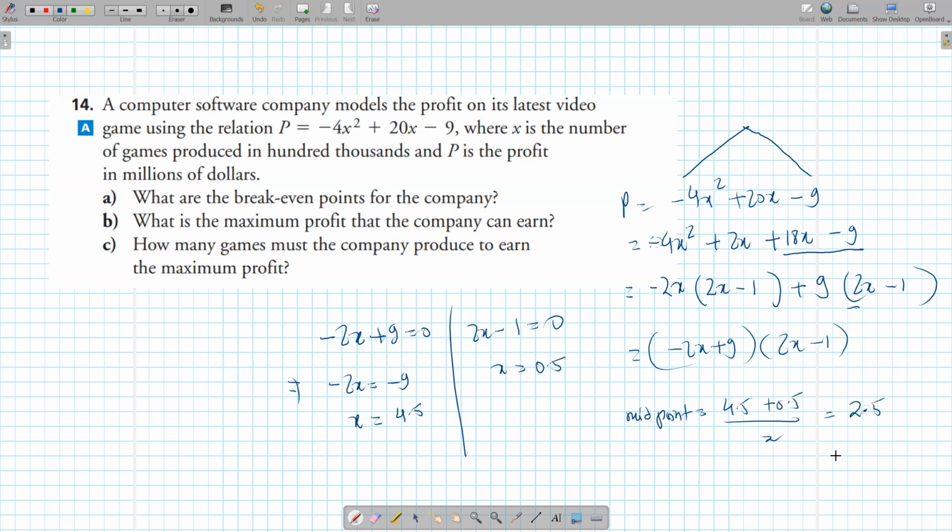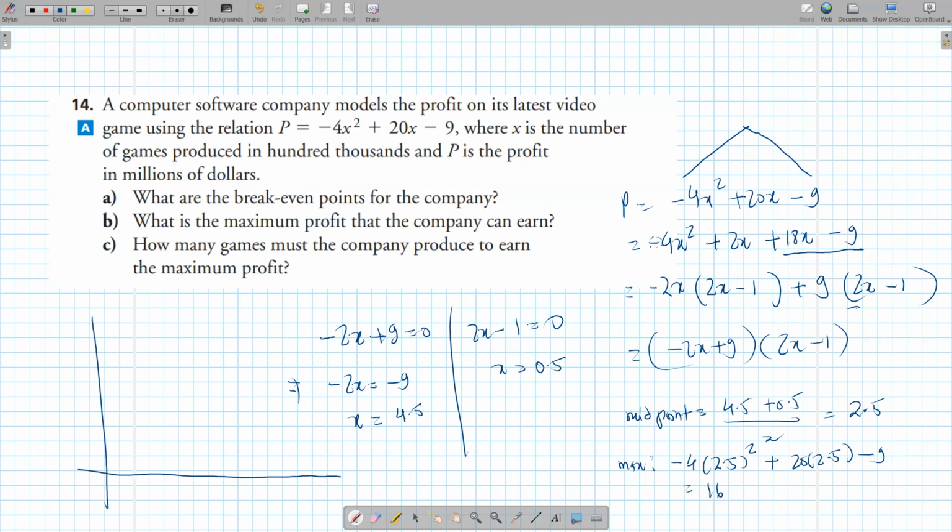Okay? So this is when the maximum happens. And if you actually want to find the maximum value, you can just plug this back into the equation. So -4 times 2.5 squared plus 20 times 2.5 minus 9. Let's try that. That's 16. Okay? And now let's